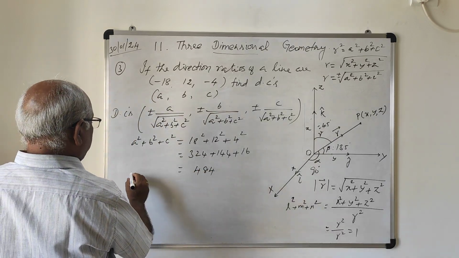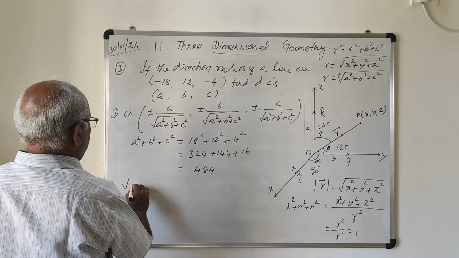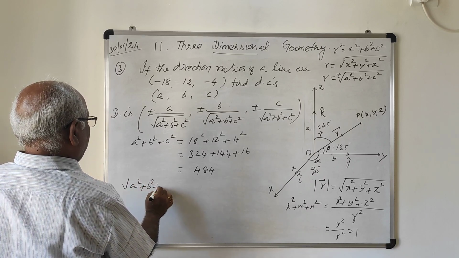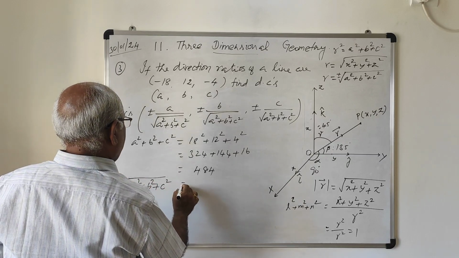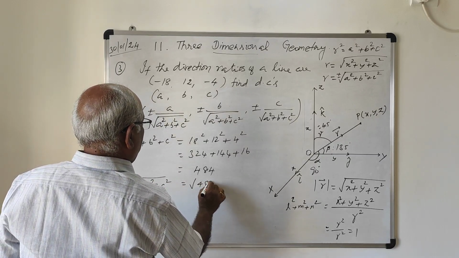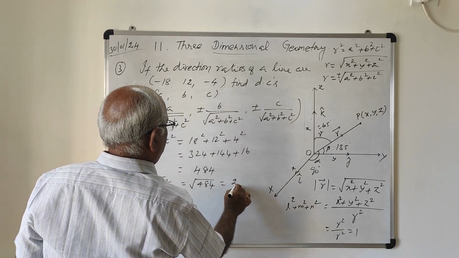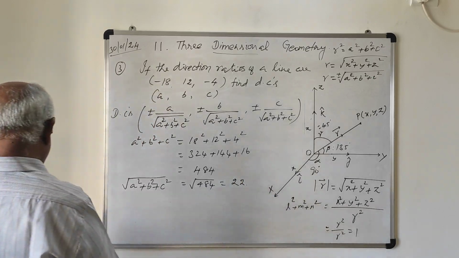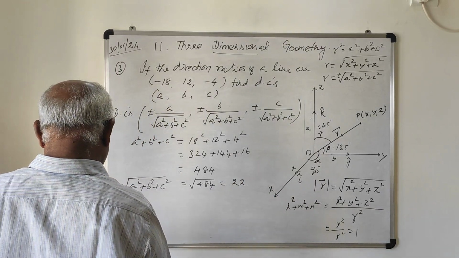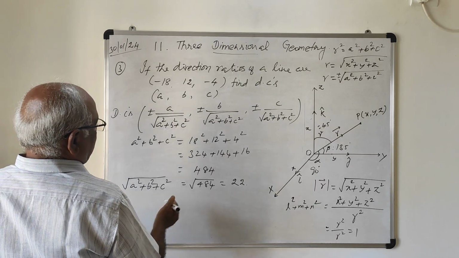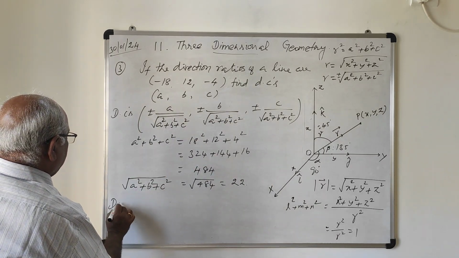So the root of a square plus b square plus c square is the root of 484, that is equal to 22. Therefore, the required DCs are